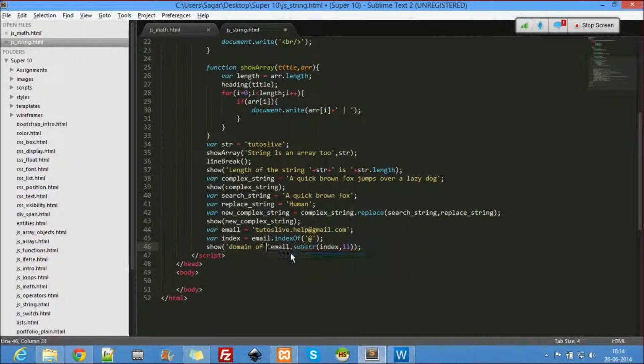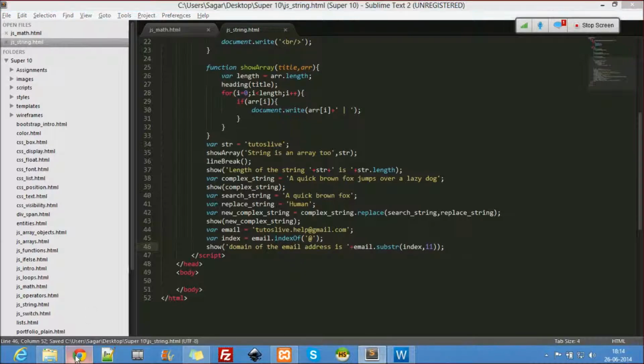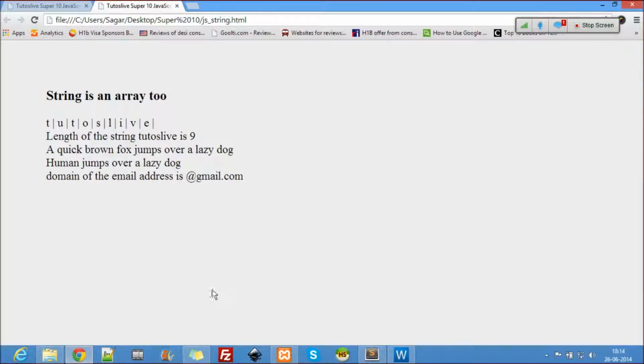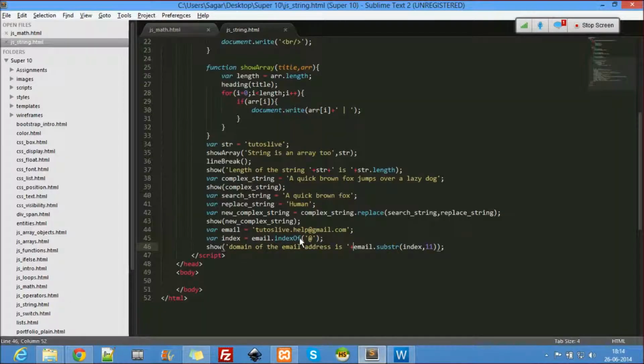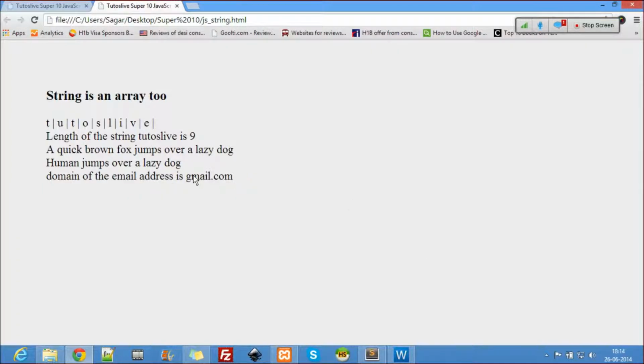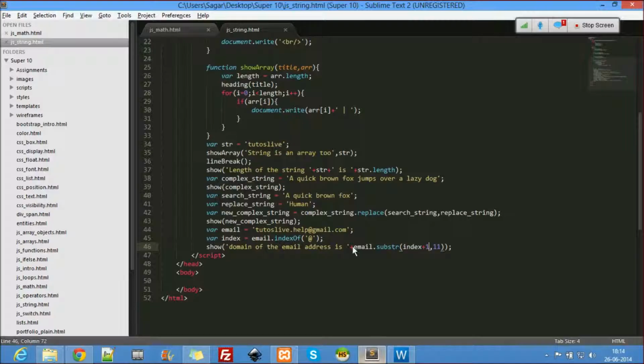So the domain of the email address is @gmail.com. It's pulling up from @. If I just give here index plus 1, gmail.com. Try to give another email. I'll give not Gmail, I'll give Hotmail, or I'll say tutoslive.com itself.